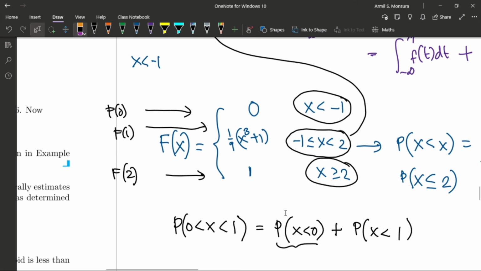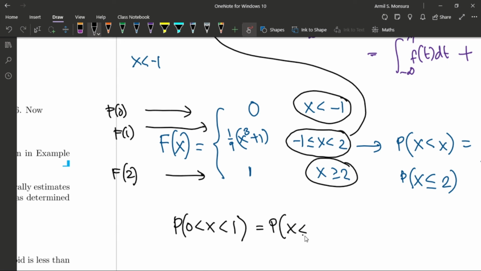Sorry again, that was wrong. The probability that your x assumes a value that's greater than 0 and less than 1, okay, is the probability that your x is less than or equal to 1, okay, minus the probability that your x is less than or equal to 0. Okay, simply